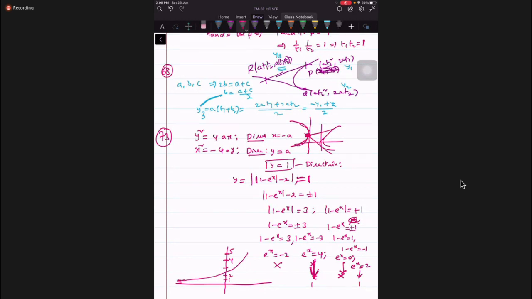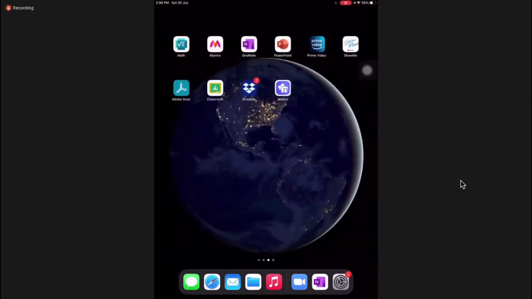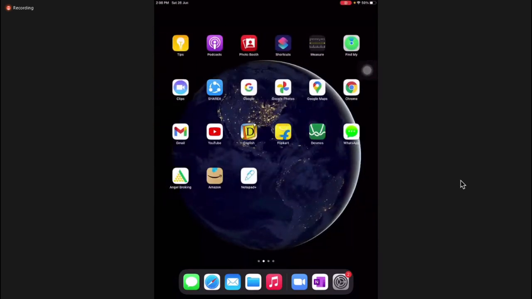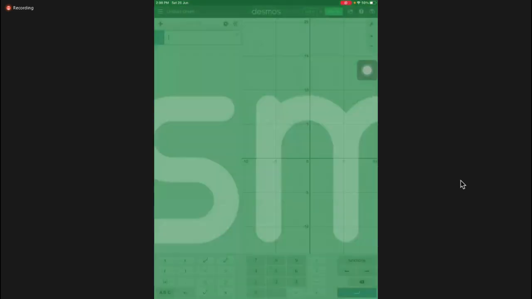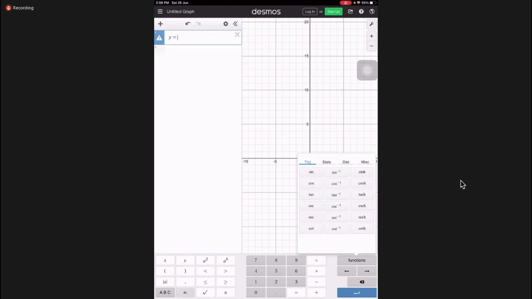Now you need the e power x value of 4 when and 2 when. You can take log and we'll get that answer also. X equals log 4 and x equals log 2. The e power x graph, understand, students? You can just observe for more clarity. Standard curves, if you take the exponential.